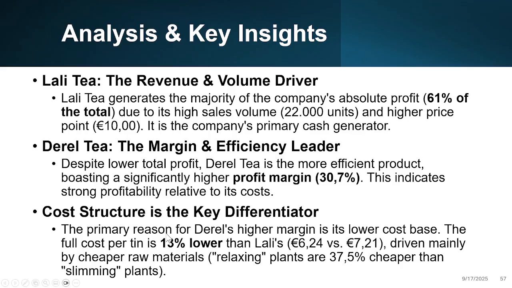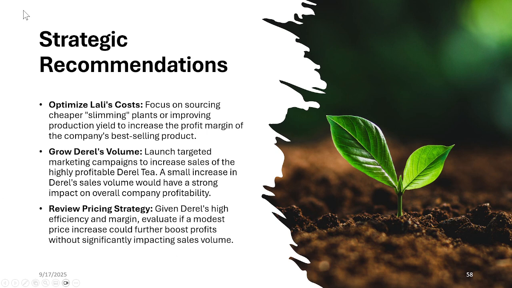If we look at the cost structure of the company, it is the key differentiator. The primary reason for Durant's higher margin is the lower cost base, right? You can see that the full cost per tin is 13% lower than Lally, maybe because of cheaper raw material. And if we say something about the strategic recommendations, we can see that the company may